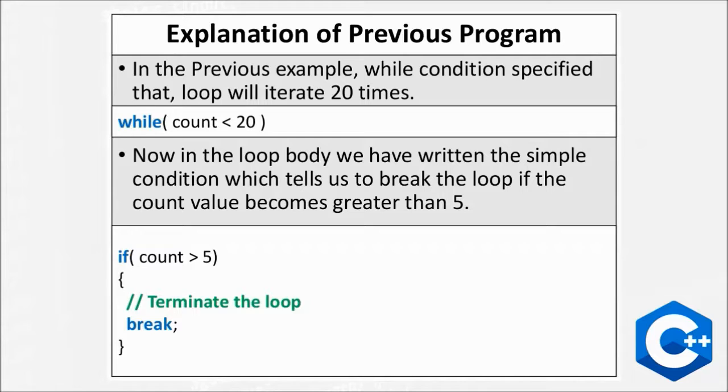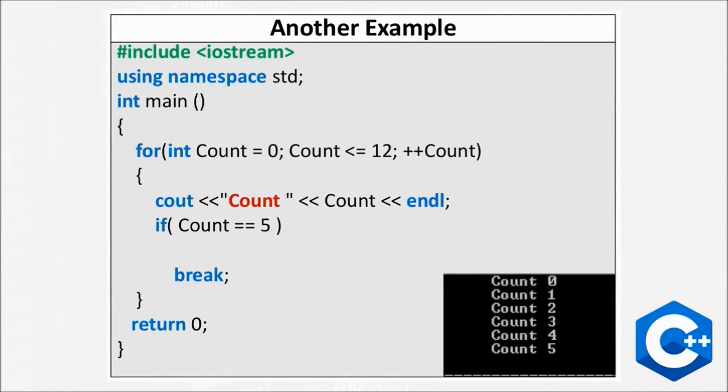Now in the loop body we have written a simple condition which tells us to break the loop if the count value becomes greater than 5. If count is greater than 5, it terminates the loop, and to terminate the loop we write break with a semicolon after it. In this example